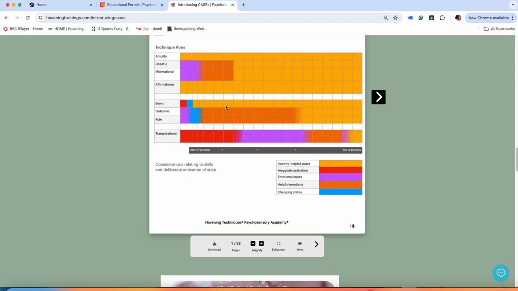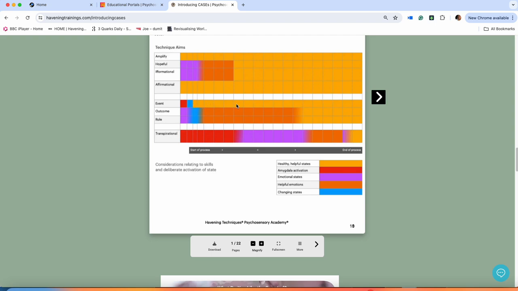So let's look at event havening. It is time-wise, this is like the length of time of the session. Obviously sessions are different lengths, so it's a generalised thing that I've made here. So this is session length. For event havening, that's going to be like 5 minutes. For outcome, it's going to be 20 minutes, but it's percentage wise. So percentage wise of that 5 minutes, they're mostly going to be